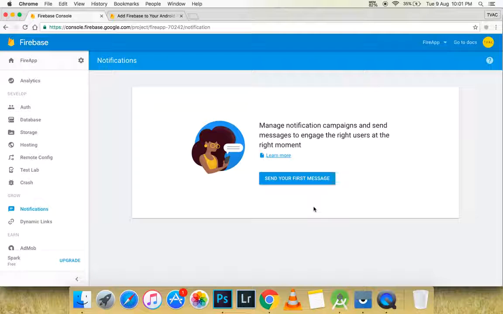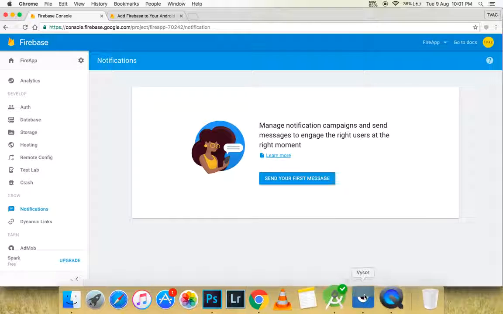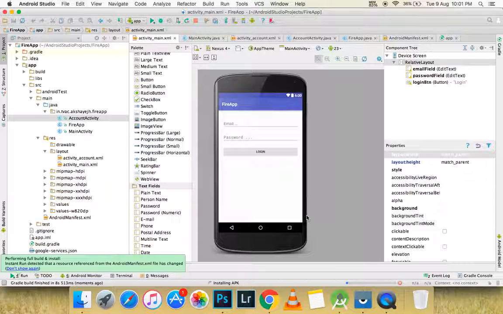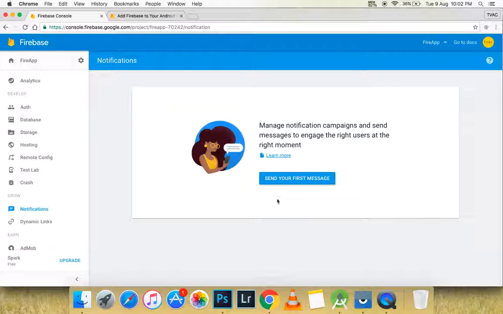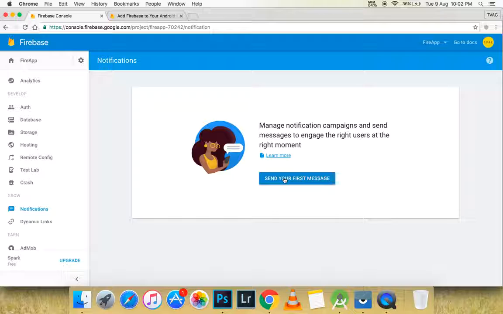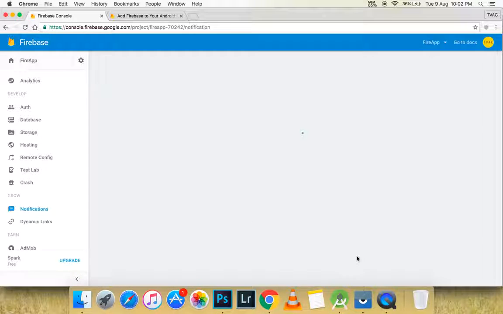basically there is no coding for basic notifications, but there is a little fault in this one. You need to do some coding to add additional features for your notifications. Currently you can't send a notification if the app is running in the foreground. You can only send notifications if the app is running in the background, but you can add the additional features by yourself. So I'm going to click on the send your first message button, and it's going to open up the